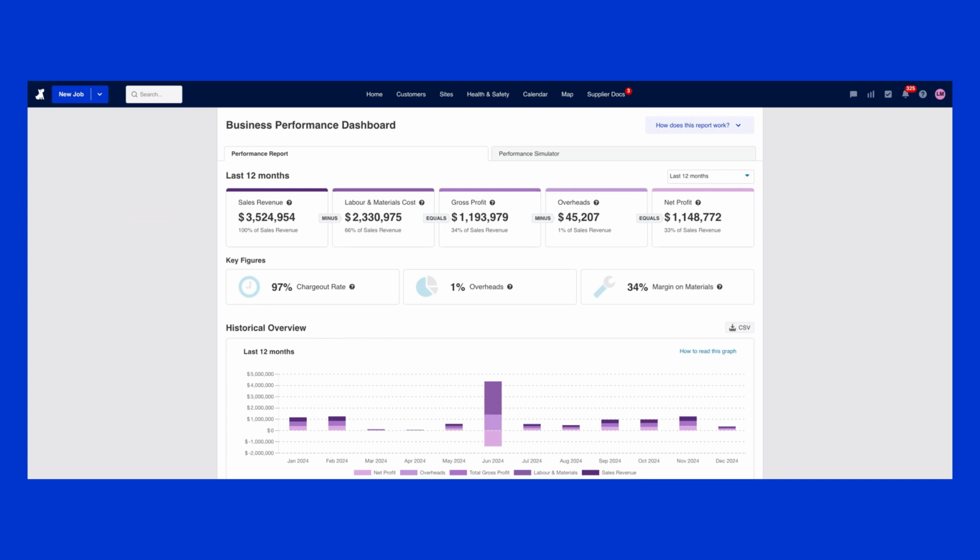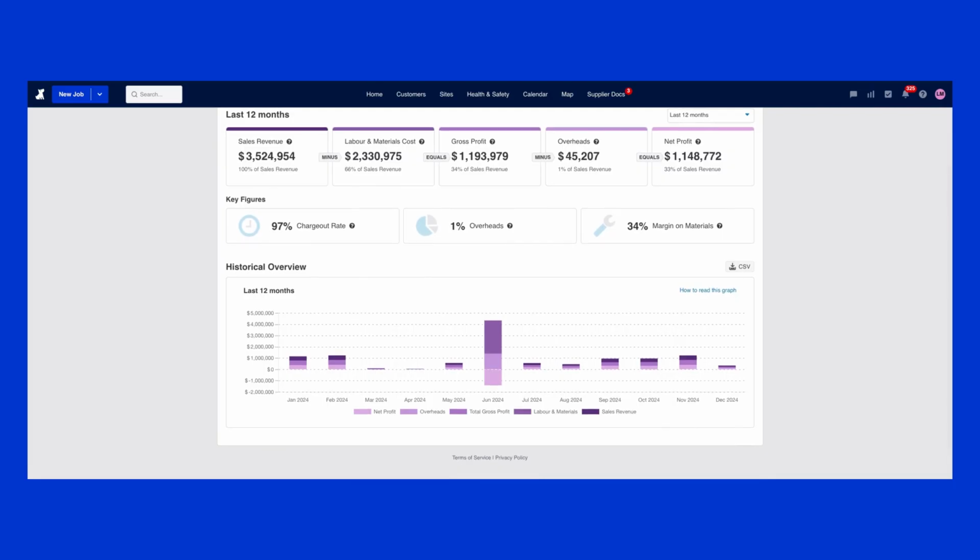Historical overview. Here, you can compare the month-on-month financial performance in your business over the last 12 months. To help you better understand how to read this data, be sure to check out the quick video we've included. Additionally, if you need a more detailed analysis, the historical overview can easily be exported as a CSV file for